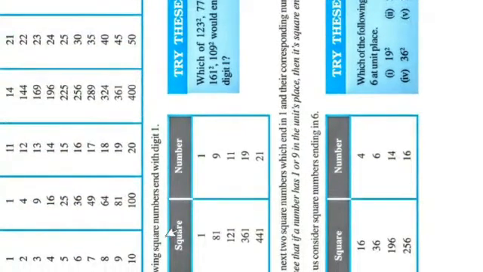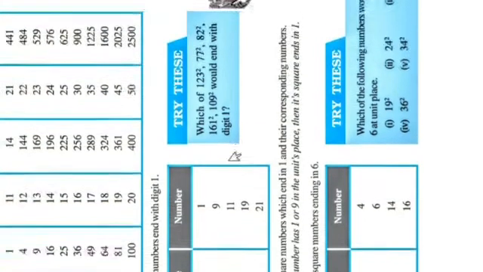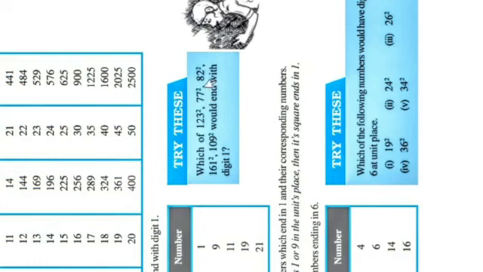Now the following square numbers end with the digit 1. You can see here all these numbers are ending with the digit 1. So 1 one is 1, 9 nines are 81, 11 elevens are 121, 19 nineteens are 361 and 21 twenty-ones are 441. So which of 123 square, 77 square, 82 square, 161 square and 109 square would end with the digit 1? Here we will multiply only the last digit by itself and see.